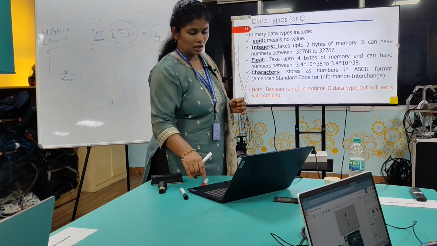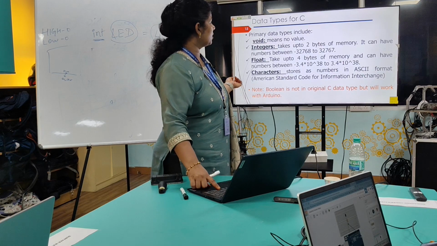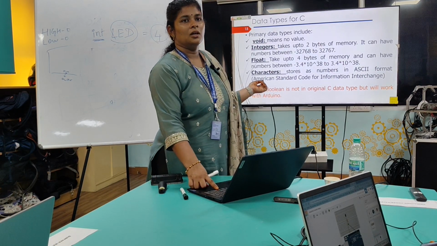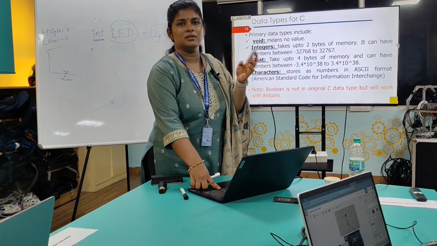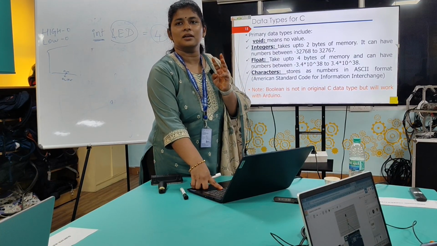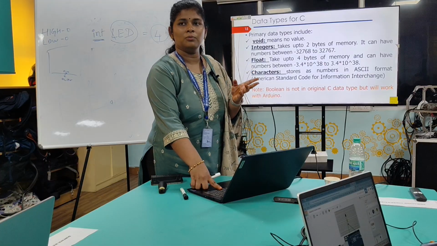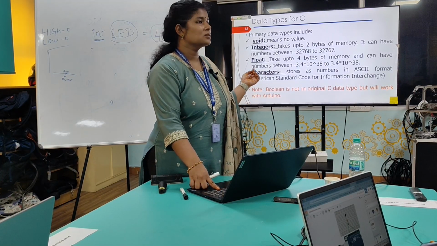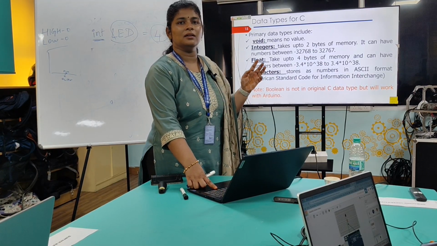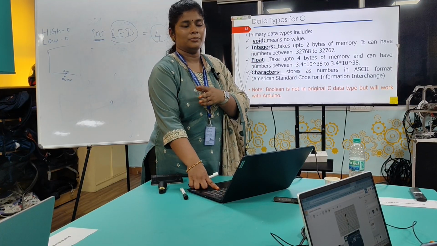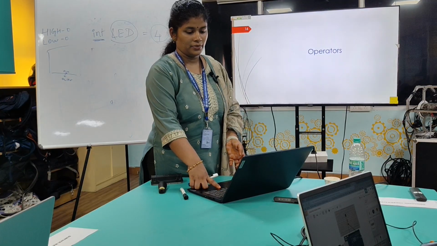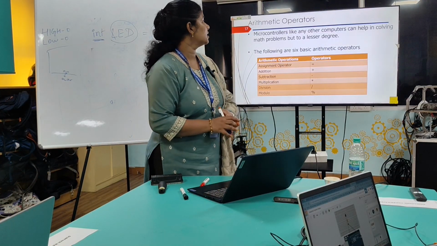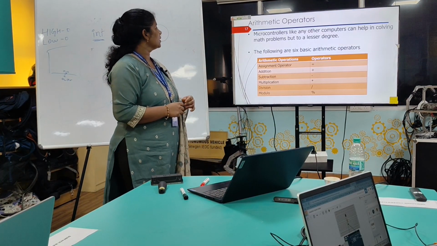Boolean is also one of the other data types. Usually we use booleans only for zeros and ones, because a boolean has only two possible values. Here also we'll be using that for a certain kind of program where we only want to assign zeros and ones. Then we have arithmetic operators here.